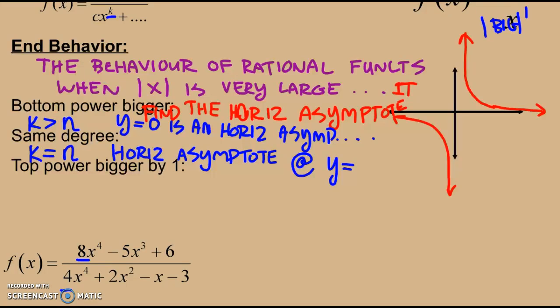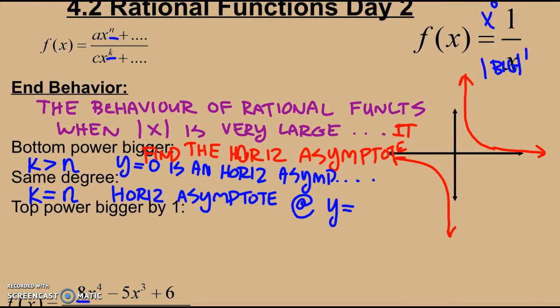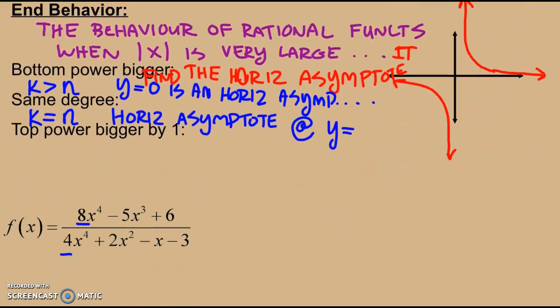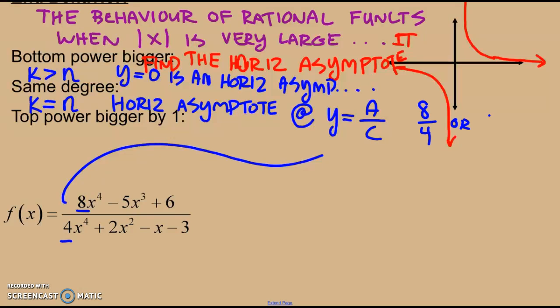If you go back up to the generic part, Ax^n over Cx^k. So if they have the same degree, the coefficients of those leading terms are going to be your horizontal asymptote. In this case, A over C would have been 8 over 4, or 2, right? So you would have had a horizontal asymptote at 2, a horizontal dotted line at 2. It's going to go there, but it's never ever going to get there,